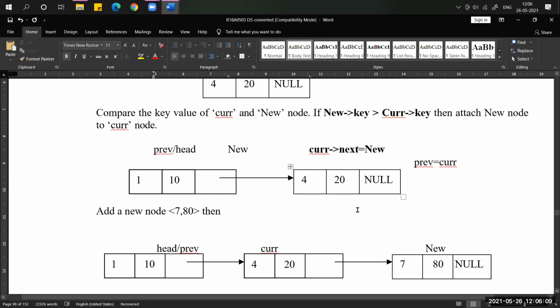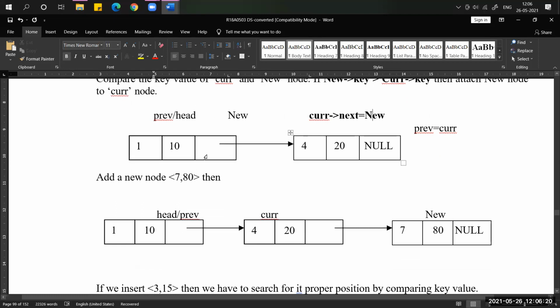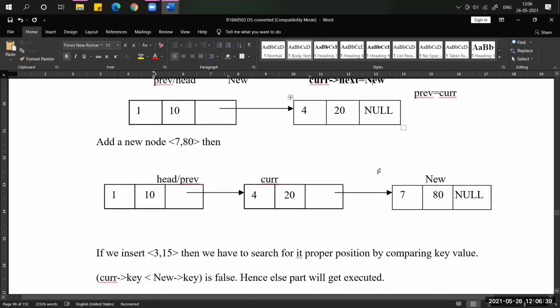It means we are taking our new node address and placing it into the next field of the current. Now, what is the previous here? This 110 will be treated as the previous node, and this 424 with key 4 acts like the current node. That is what we have to remember here.